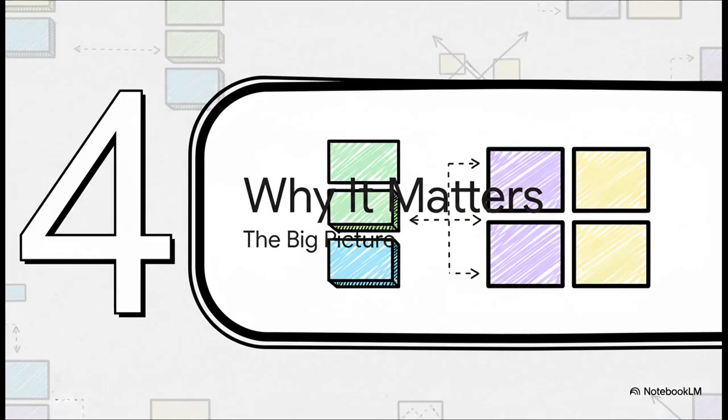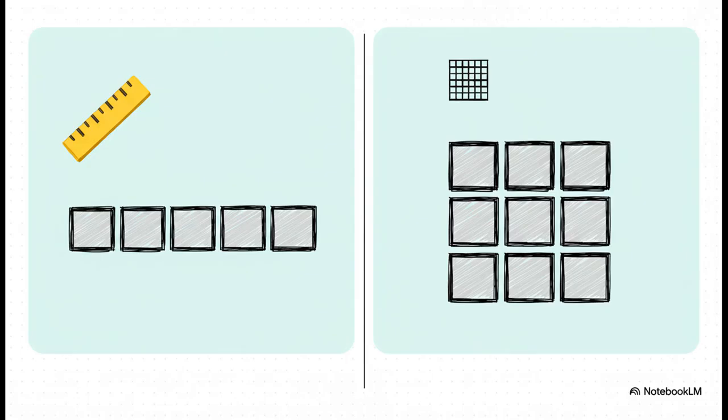Okay, we've seen what vectors and matrices are and how to work with them, but let's just take a step back and really focus on the why. Why are these structures so fundamental to programming? So when should you use one versus the other? It really all comes down to the shape of your data.